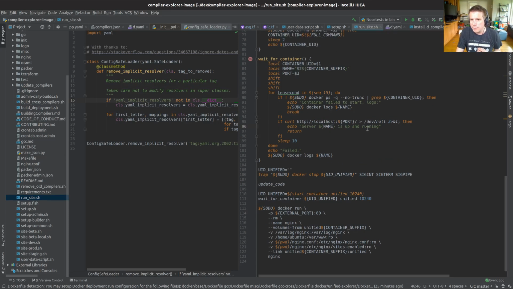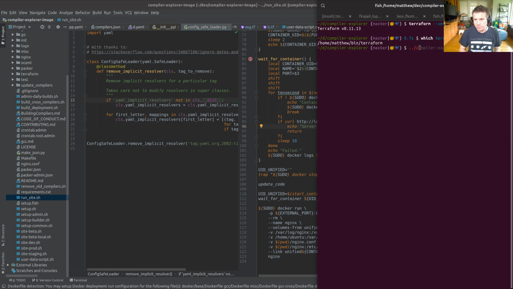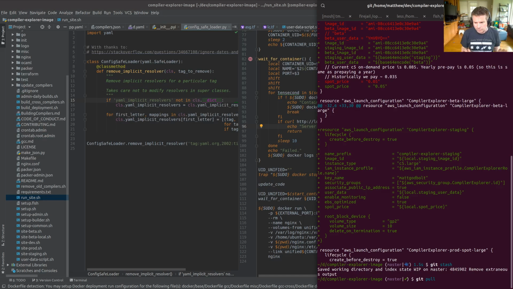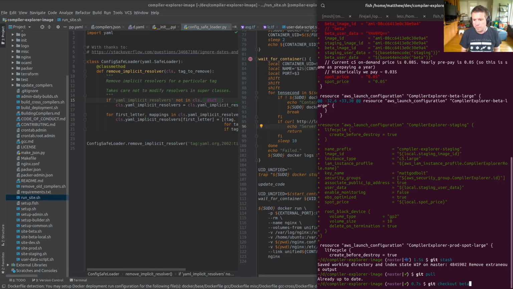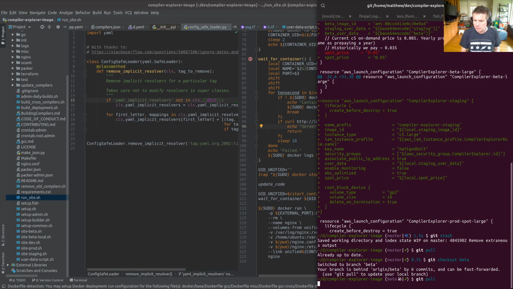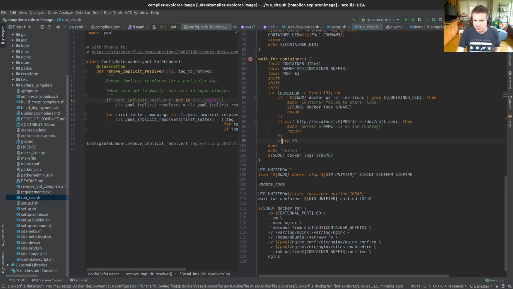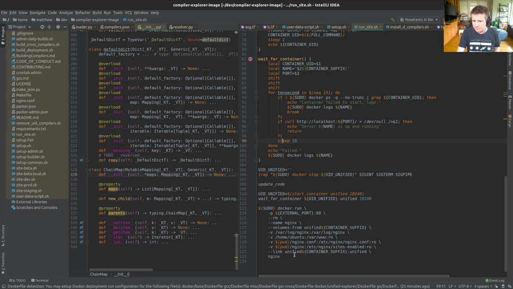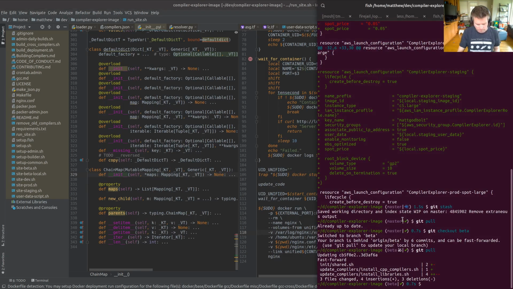Yeah, I'm looking for, oh, hang on a sec. I wonder if this is because in the beta branch itself, there is a compiler explorer image. If I do git diff, so these are the changes we've just made. I'm going to git stash those for now. Let's make sure I've got the latest. Git checkout beta. So this is the beta branch. Does that have the word beta hard coded in here? I'd hate it if it did. Unified dash, okay, it's there. Was it there in the other version?